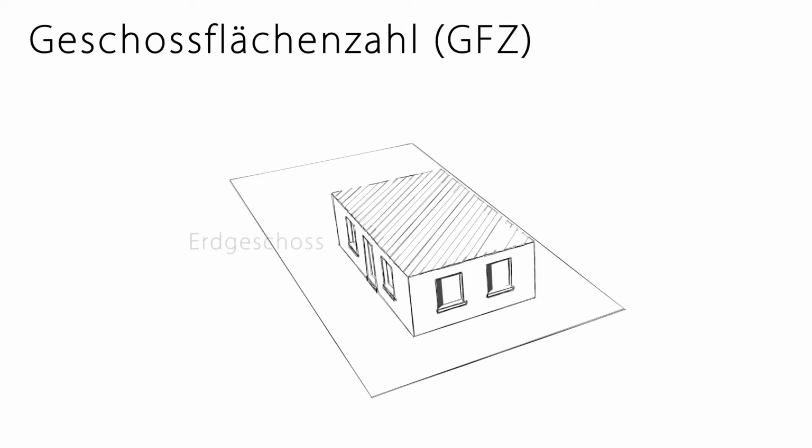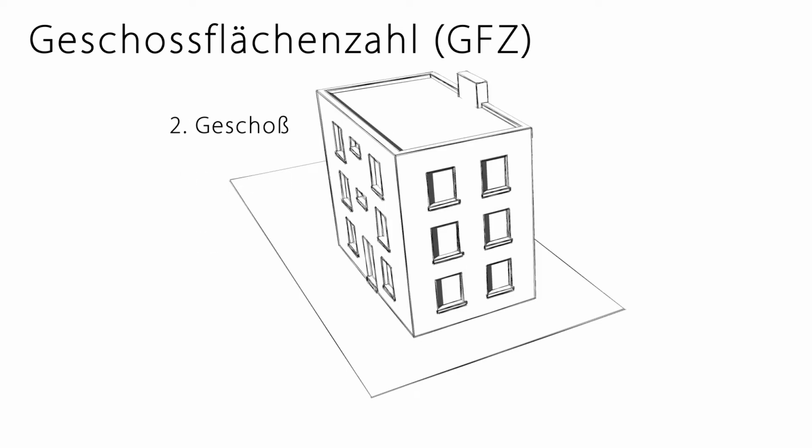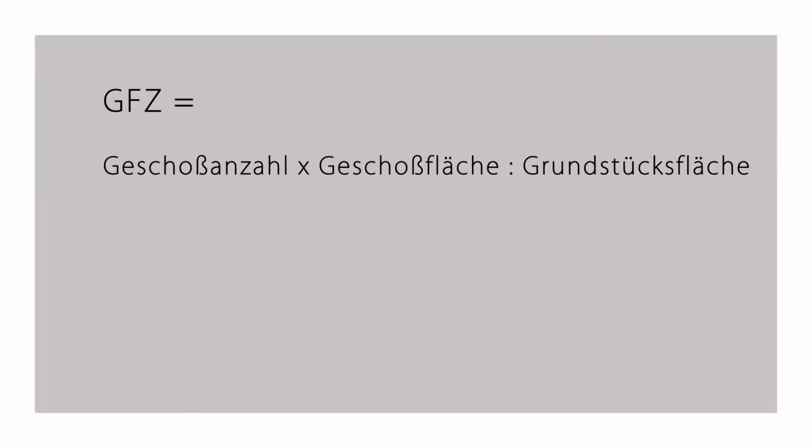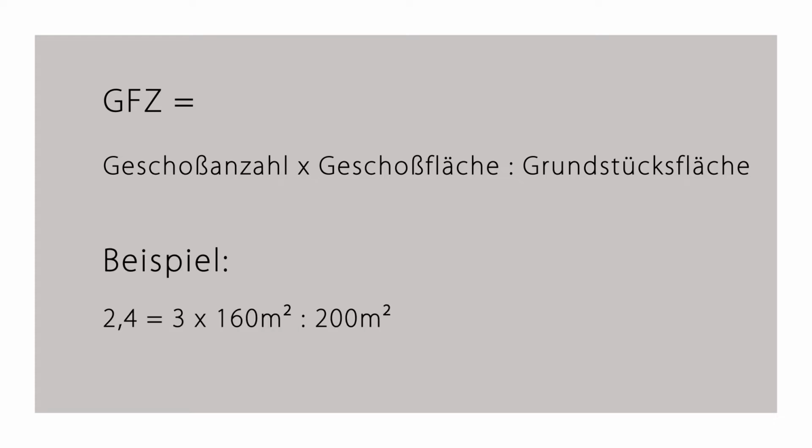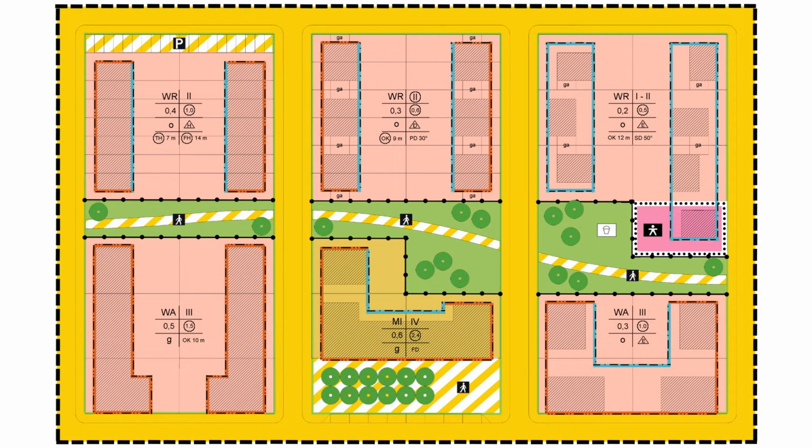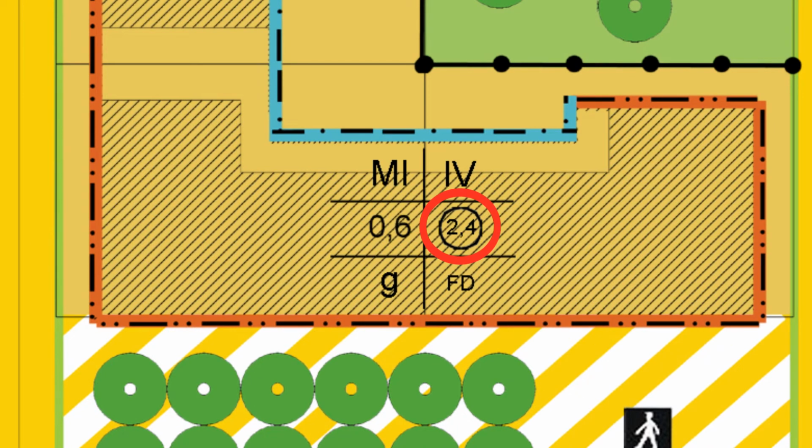Grundflächenzahl. The Geschossflächenzahl, GFZ for short, is the ratio between the sum of floor surfaces of a building, the area within its outer walls on each floor, and the surface of a plot. A circled or decimal number with addition of GFZ on a plot or within the Baukreuz in the Bebauungsplan indicates